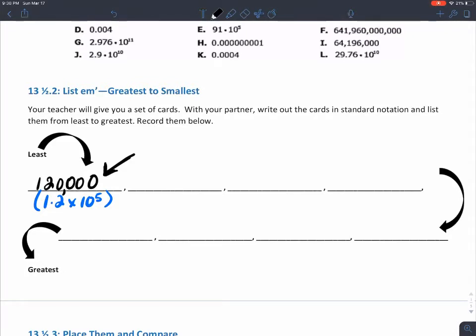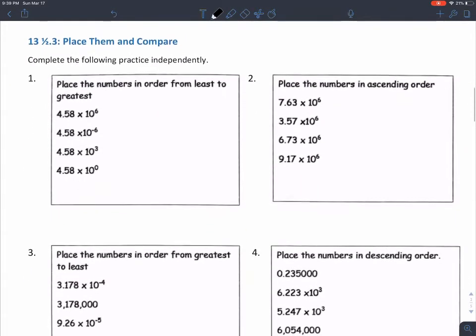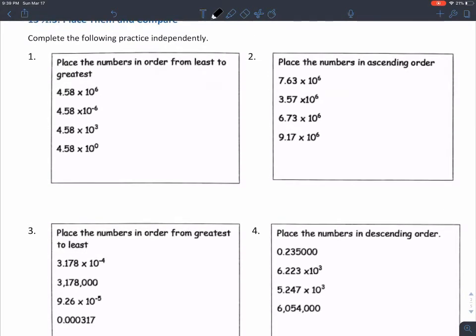I'm going to move on and show you what I'd like you to do for the rest of the packet, and then you can kind of go through and work your way through the different examples. There's not much me teaching, it's just more you doing. So the next part of your handout should be comparing. So in your comparing, you are going to transfer these numbers into standard form. So for example, I would be moving 4.58 times 10 to the 6th to be